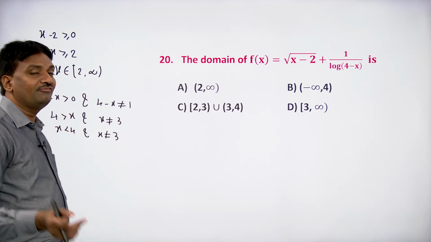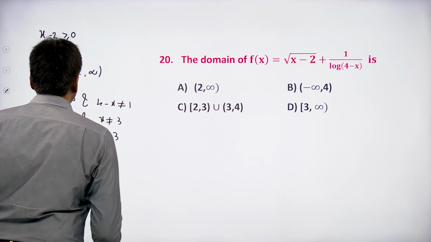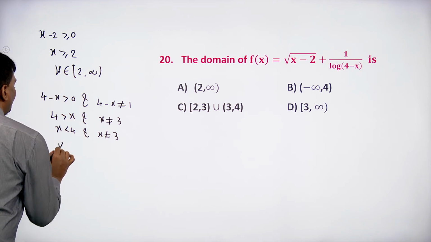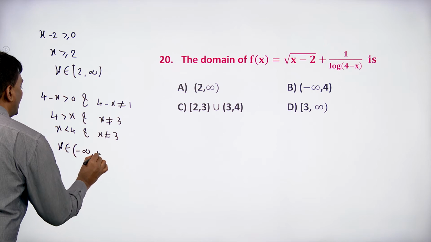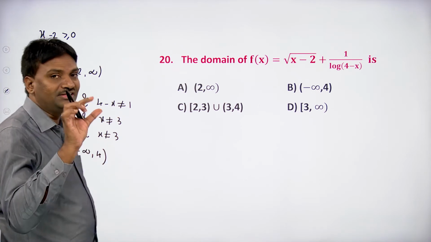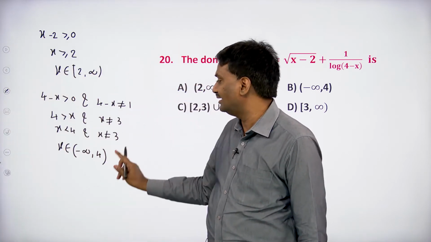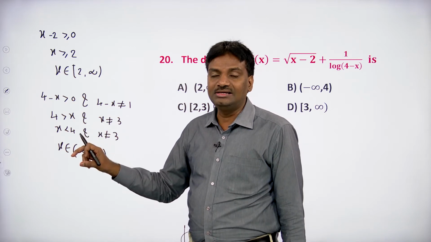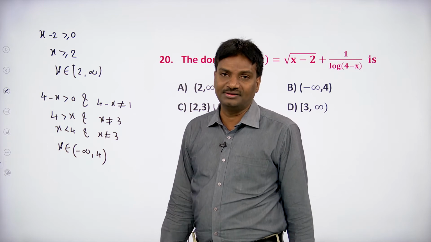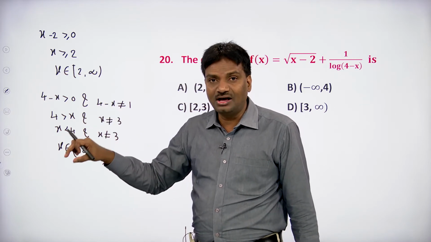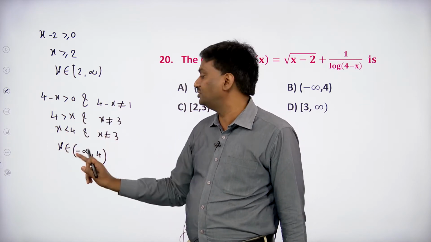You must take the values of x less than 4. So here x less than 4 means we can take x belongs to minus infinity comma 4. Here we are not considering 4, so that's why take the bracket like this. If we have strictly less than 0 or greater than 0, then we can take the brackets like this. If we have less than or equal to 0 or greater than or equal to 0, then we can take